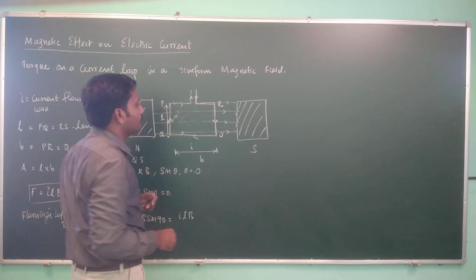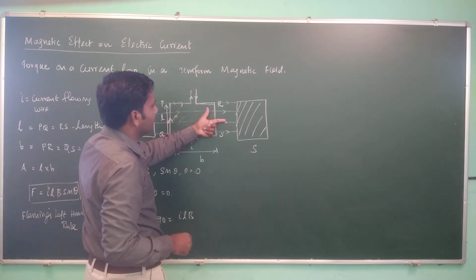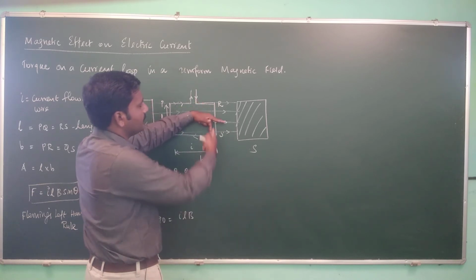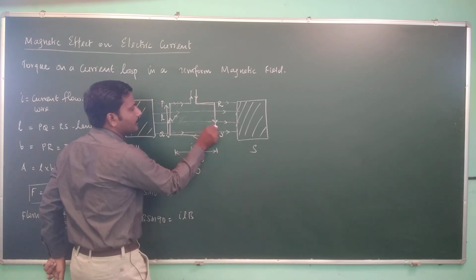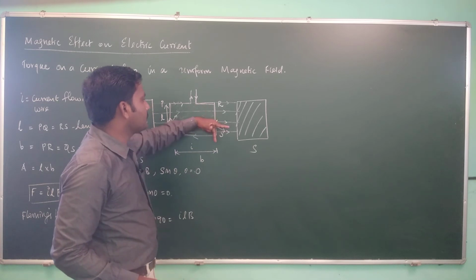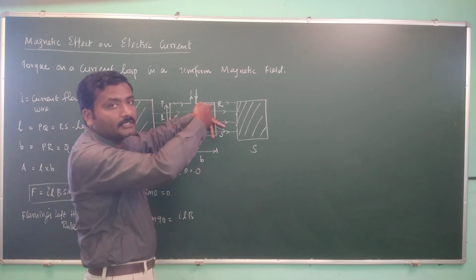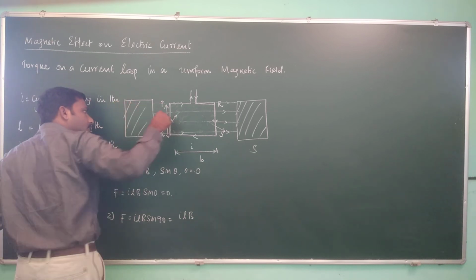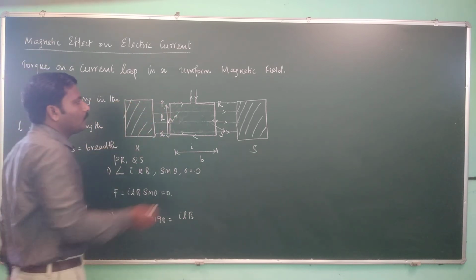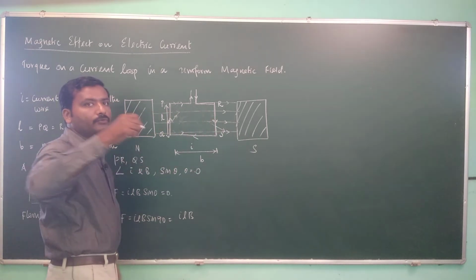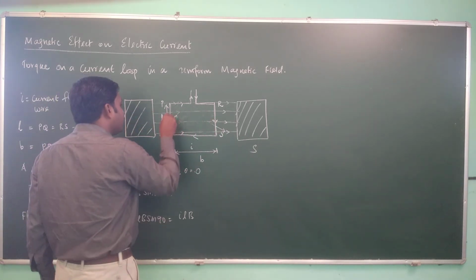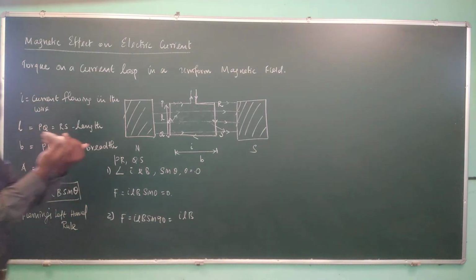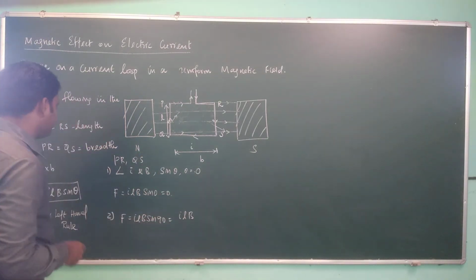And in this case you can see that this is the direction of the magnetic field and this is the direction of the current. Current is flowing down, so here the force comes out from the board, right? So in the first case for PQ the force is directed into the board, while in this case it is coming out from the board, that is, it is going into the loop, it is coming out from the loop. So it is exactly opposite to each other, right?